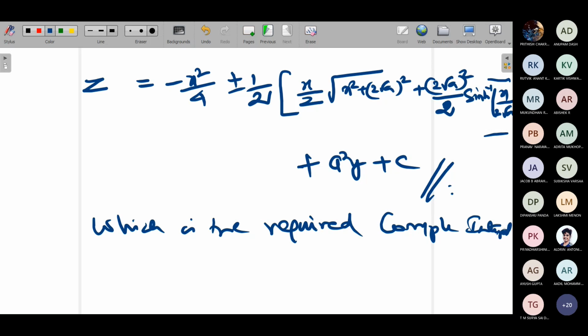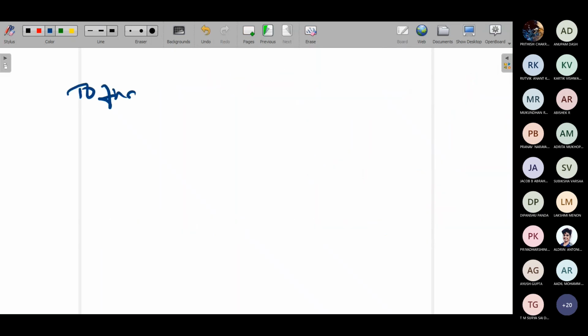Can anyone tell me whether a singular integral will exist or not for this? How will you find the singular integral? Not by putting the complete integral to 0. Differentiate it partially with respect to a and equate it to 0, and differentiate the complete integral partially with respect to b and equate it to 0, to find a singular integral.